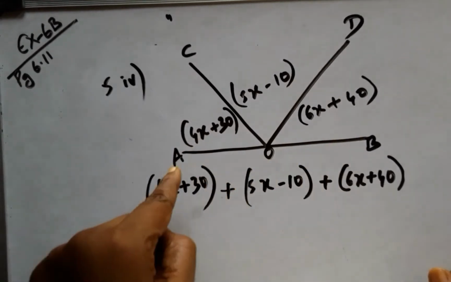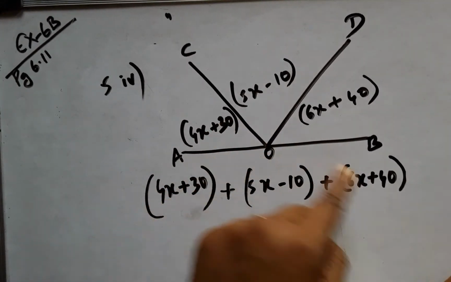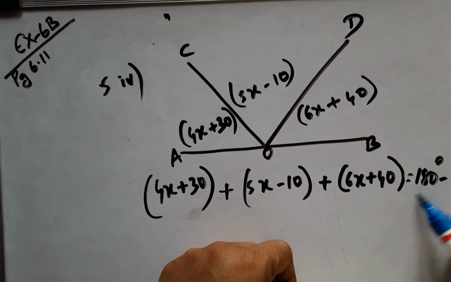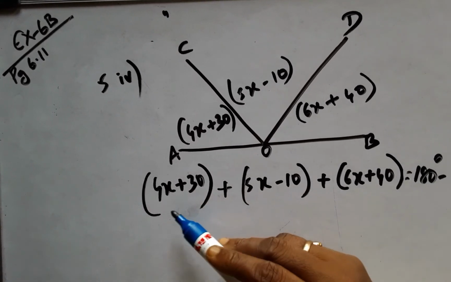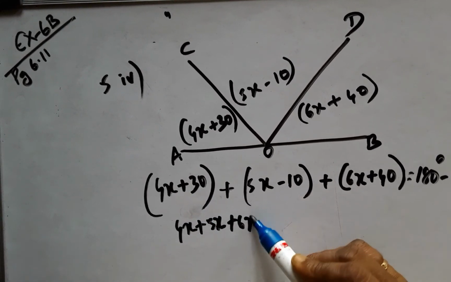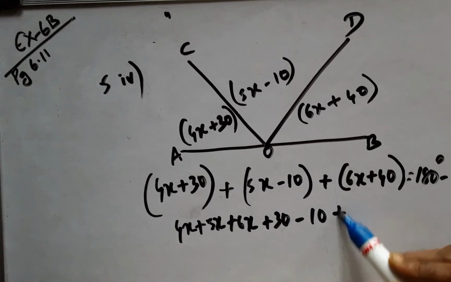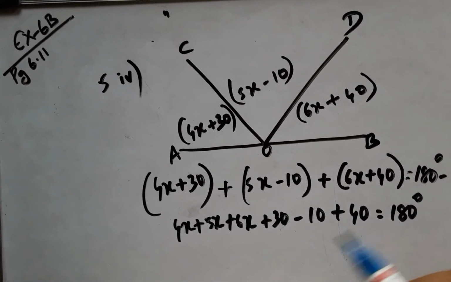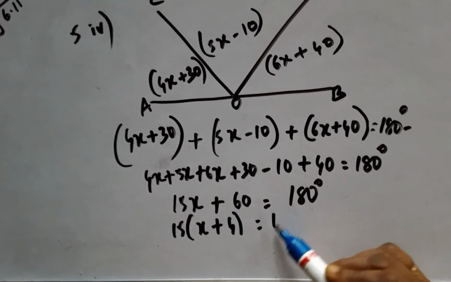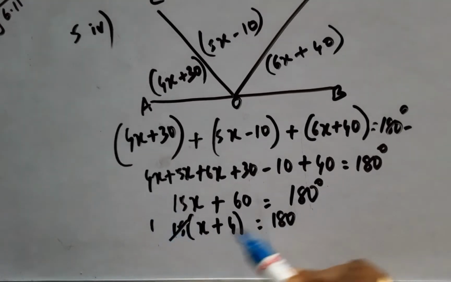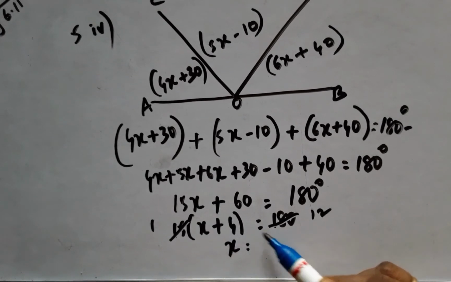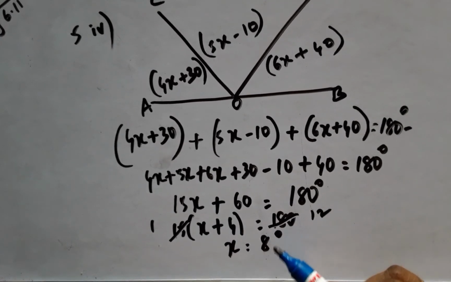Now all these 3 angles come to 180 degrees. The sum of these comes to 180 degrees, and we know that we have been doing these sums. Now AOB is a line is the substantiation for this statement, and after that please bring the like terms to one place to facilitate easy resolution of the math here. Now from this I wish to take this common, which will facilitate an easy resolution of my problem. 15 ones, 15 twelves are 180, and now my x will be 12, which is 8 degrees.